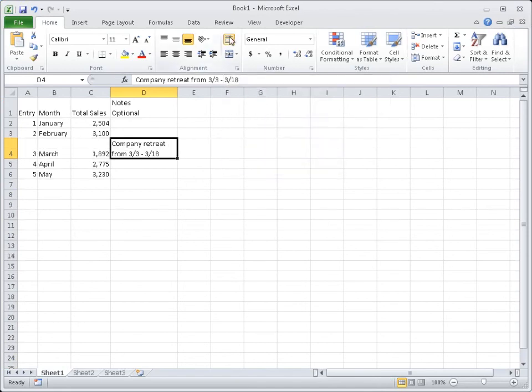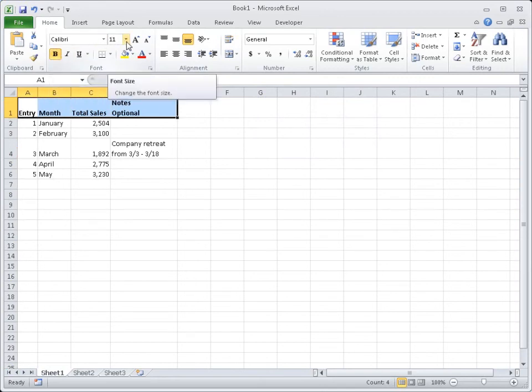Finally, I'll show you how to quickly apply formatting to your data. In this case, I want to apply some formatting to the data in my first row. In the Font group, I can apply formatting such as bold. I can also change the font or font size and apply borders to cells, to name just a few of